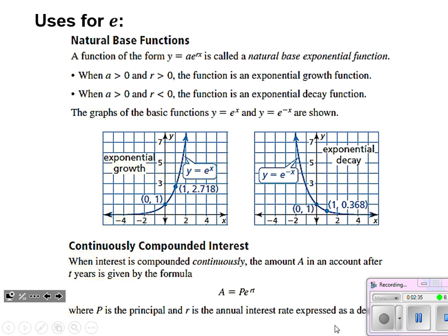So how does this change our interest formula? Well, you can see the adjustment right here. This is the other big one for exponential functions: continuous growth. Not monthly, not daily, not weekly, but continuously. We replace that quantity, that (1 plus r over n) to the n, with e to show that it is constantly, continuously growing. It becomes a nice little formula for us to use there: A equals P e to the rt power.